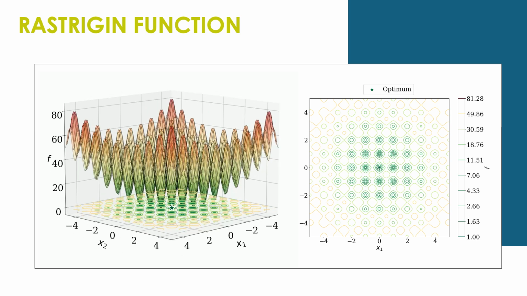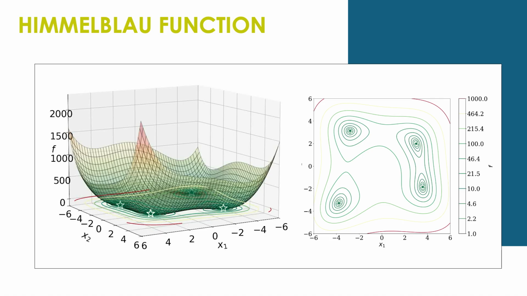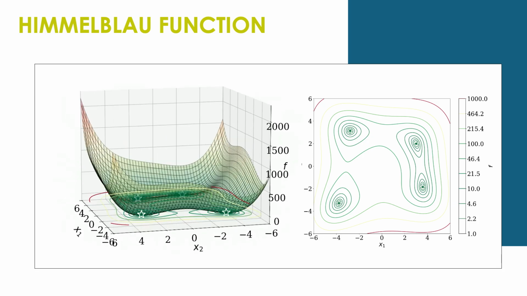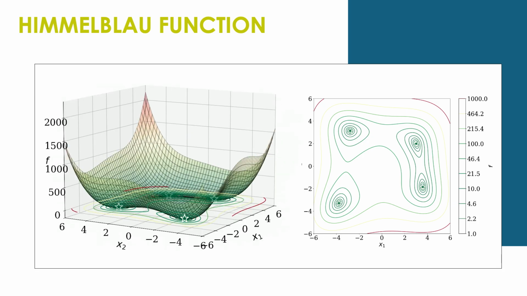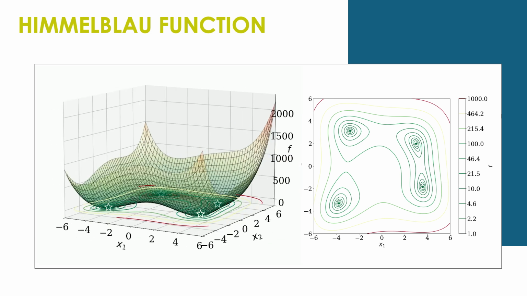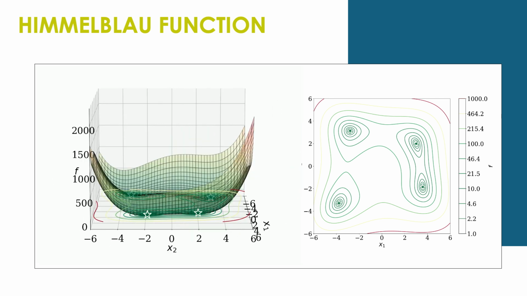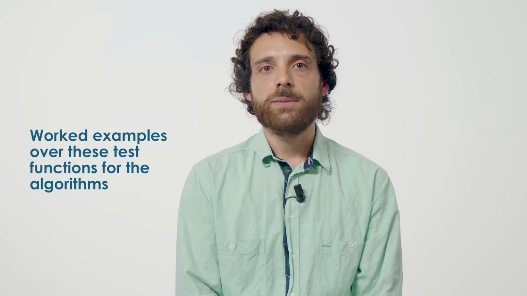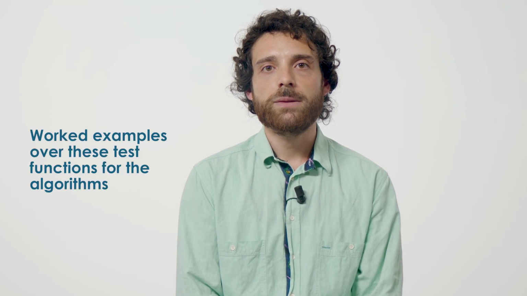The Himmelblau function is smoother than the Rastrigin one, but it has the peculiarity of having 4 global minima. Unlike the previous case, all these points are equally optimal. This function represents cases where one may be interested in finding all equally good solutions which exist in different regions of the search space.